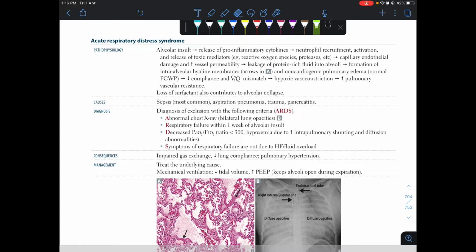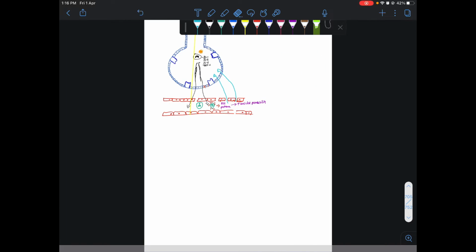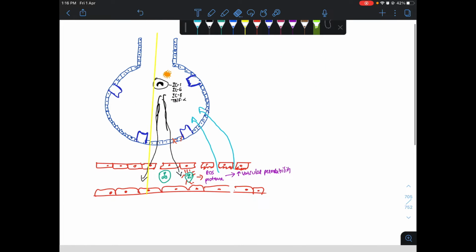Now let's study acute respiratory distress syndrome. Let's see the pathophysiology. As we can see here, this is the alveoli and we have the capillary surrounding the alveoli. Due to any injury or alveolar insult, there will be release of inflammatory cytokines from the macrophages, and these inflammatory cytokines reach the surrounding capillary and call for the neutrophils, and these neutrophils,